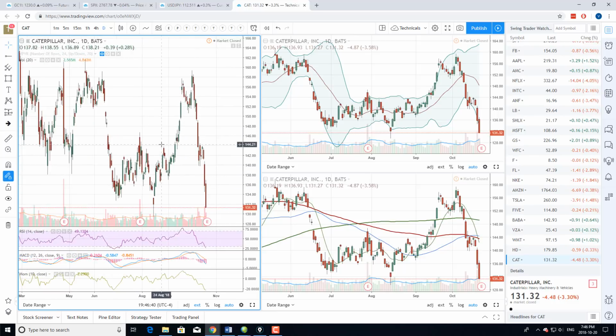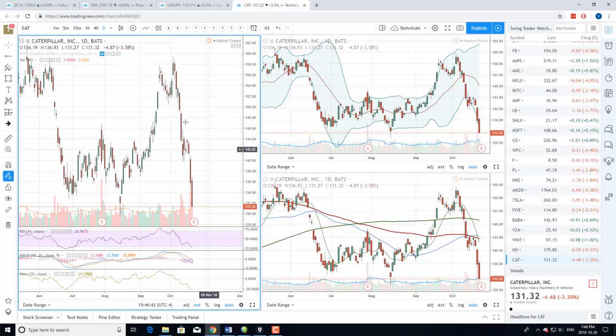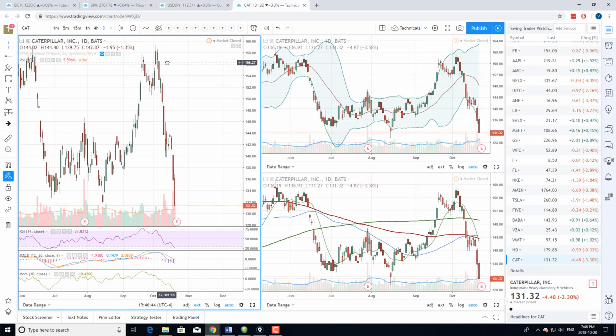So for example, right here on the screen, I'm just zooming into this Caterpillar stock. You can see this is a pretty good example right here. These two wicked candles formed, and then we had a large descent to the downside. Right here, you can see these big red candles don't really have much wick to them. This is going to be one of the examples that we're talking about today, where the bears just have total